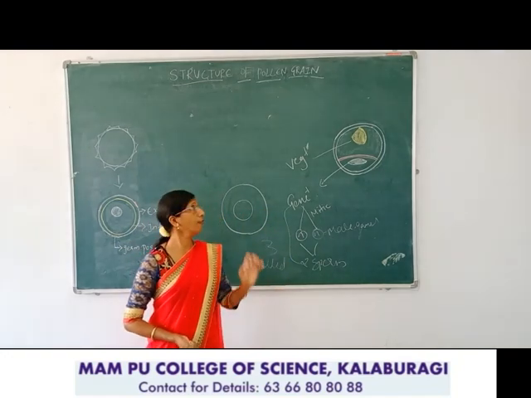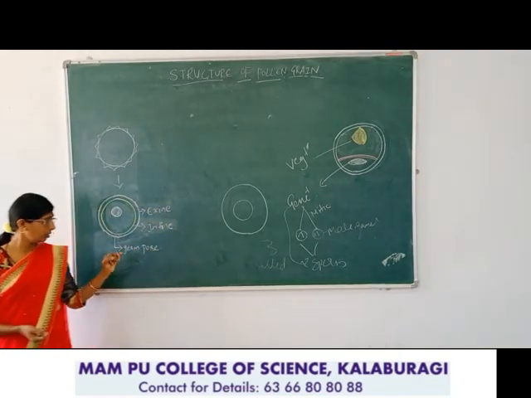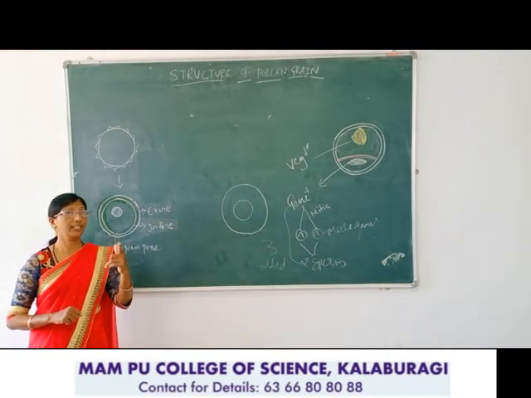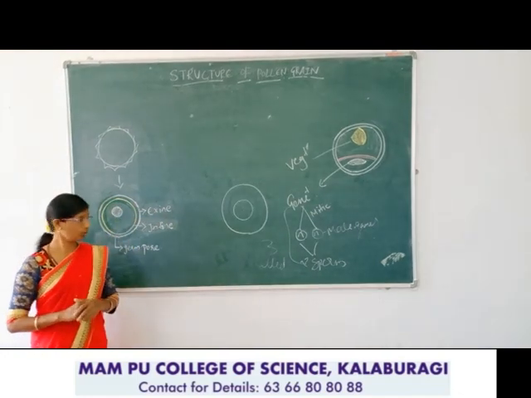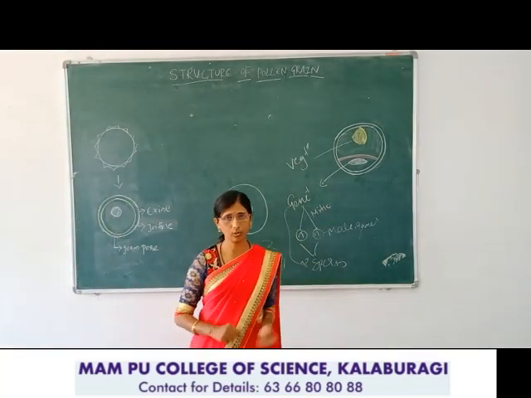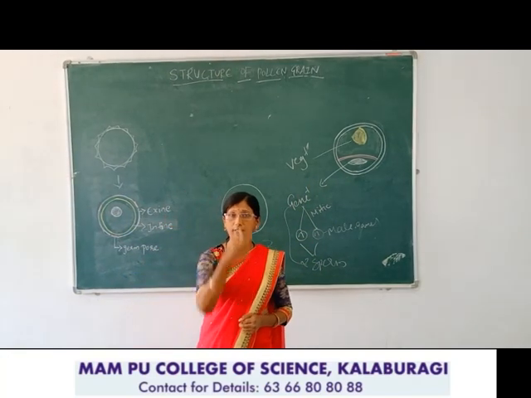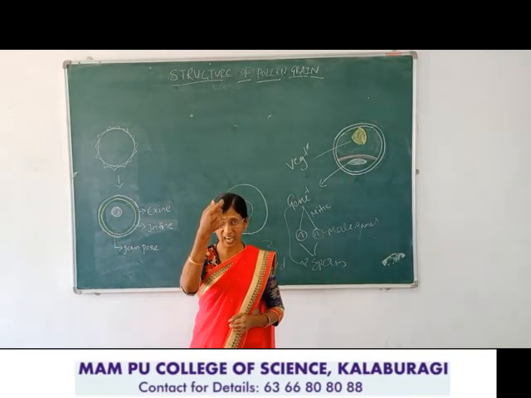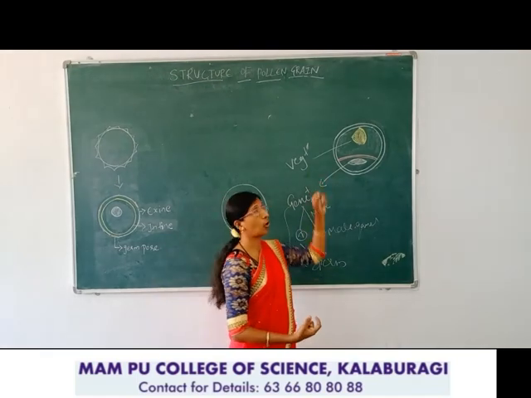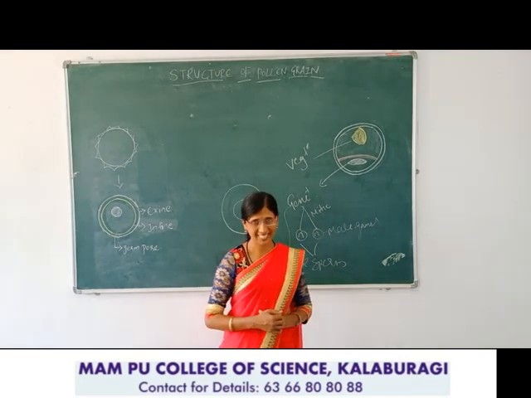So this is the structure of a pollen grain. Exine pore: in the monocot, only one exine pore is present. But in the dicot, there are 3 exine pores. Monocot, 1 exine pore. In the dicot plant, they have 3 exine pores. So what is the main function of the exine pore? It helps in the formation or emergence of the pollen tube. And which cell helps in the growth of the pollen tube? It is called the vegetative cell. So this vegetative cell is also called the tube cell.